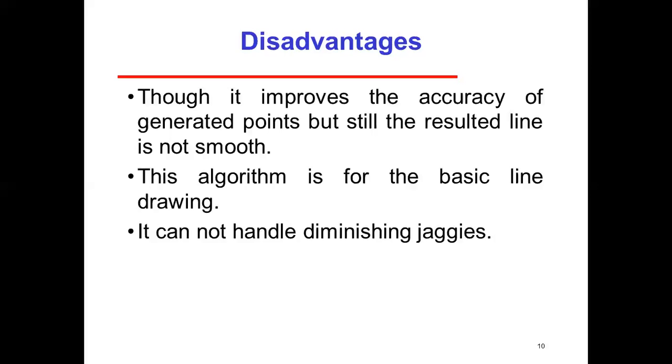And another disadvantage of this is that we are not getting the proper straight line. It has some jaggies. You already know what jaggies are. It is not properly straight, we get the line with a little bit of curve. And we can say that it contains some sharp points, very fork type. That is a very sharp point. That is called jagged, not proper straight.